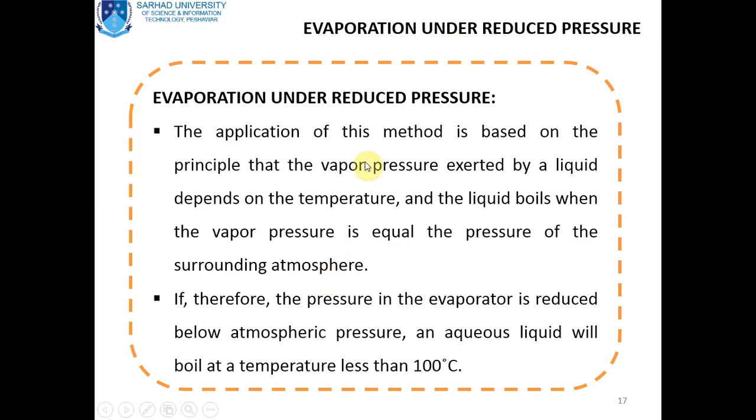In this case, when the vapor pressure of the liquid becomes equal to the pressure of the surrounding atmosphere, then the liquid boils. If therefore the pressure in the evaporator is reduced below atmospheric pressure, then the aqueous liquid will boil at a lower temperature than 100 degrees centigrade. At normal atmospheric conditions, the liquid, that is water, will boil, that is the aqueous liquid, at 100 degrees centigrade. If we reduce the pressure,